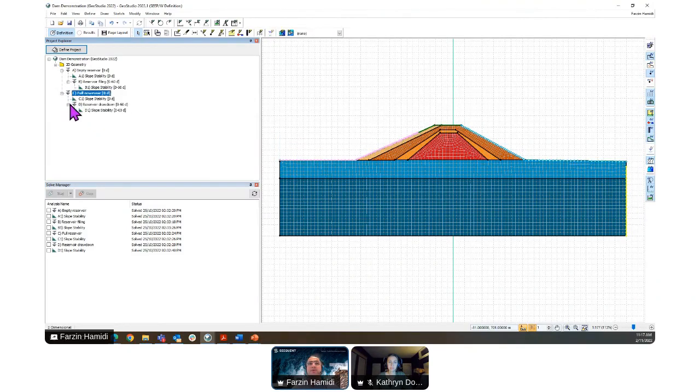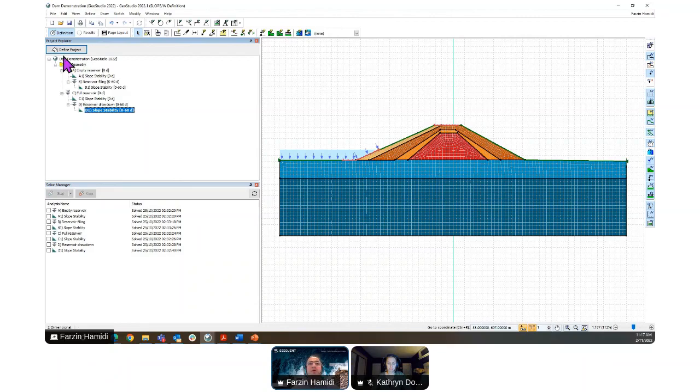And there is also a transient analysis that I'm going to explain soon, again a child analysis to this steady state analysis. So it starts with the full, and then we gradually draw down the reservoir to see the stability analysis after this drawdown condition, which is a 3-meter drop, and we did it gradually.